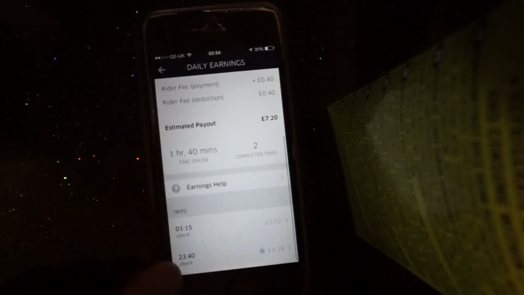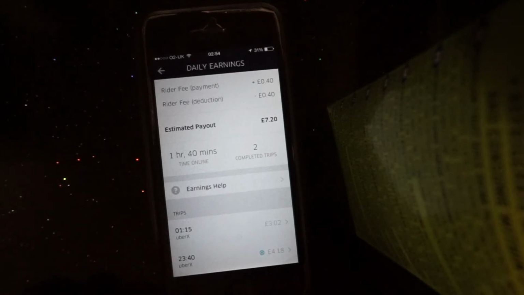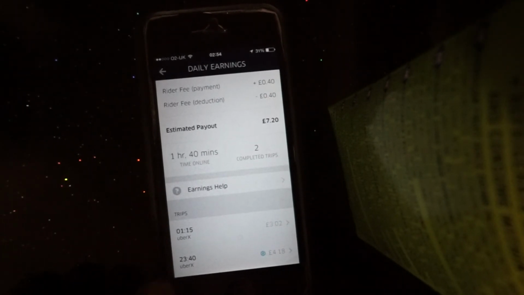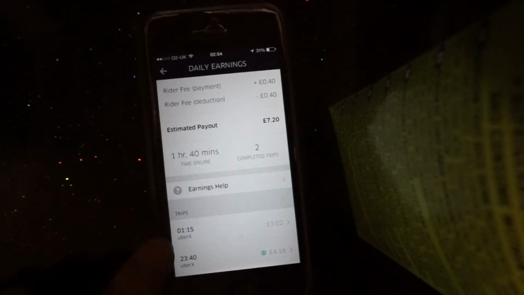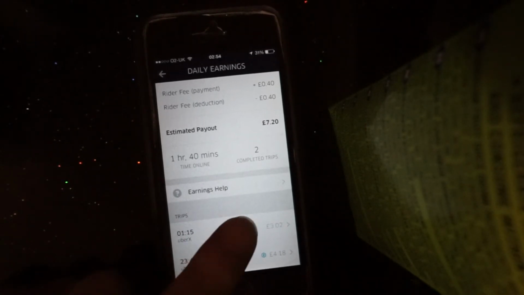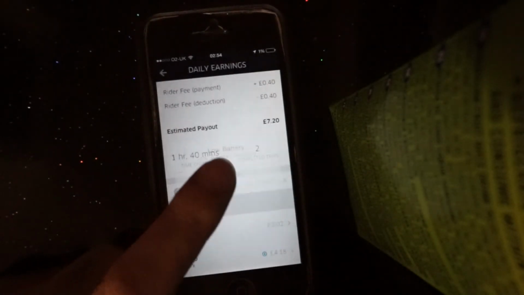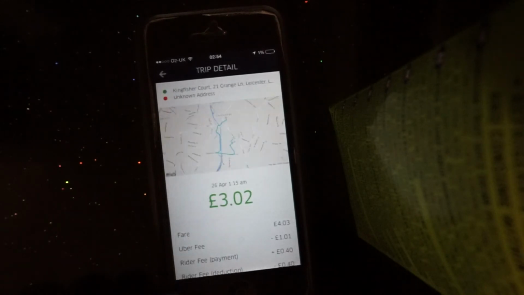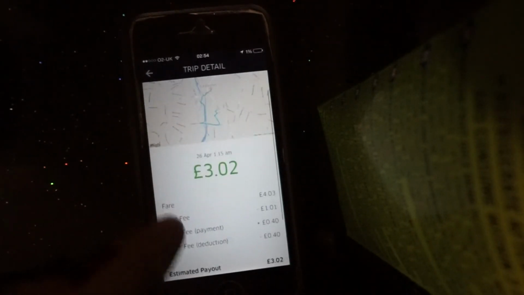help there again, we've been through that. Then at the bottom we got, I did 2 jobs on that day, so it's got the time, the car type, and how much I got paid after deduction. If you click on that, my battery's gonna run out. Okay, if you click on that, it just tells you